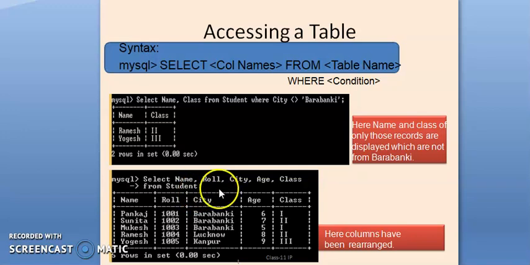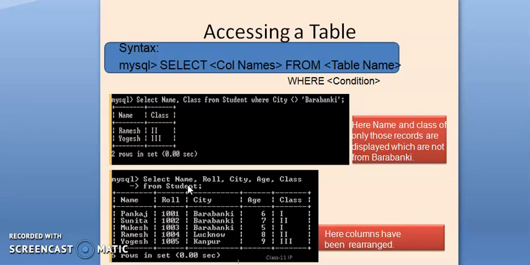So here we are not using a specific criteria, we have only given the column names, because I want to access the following column values. Select name, roll, city, age, class from student. Student is the table name. So here we can see name, roll number, city, age, class. Now if you use an asterisk symbol, it will automatically show all the columns of the table.